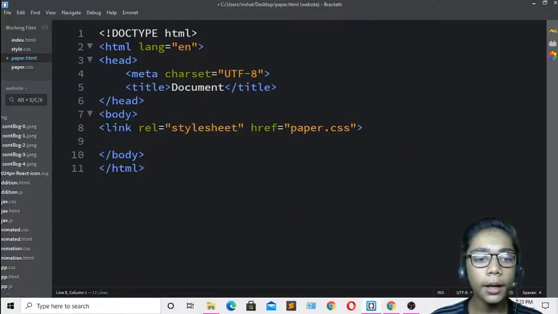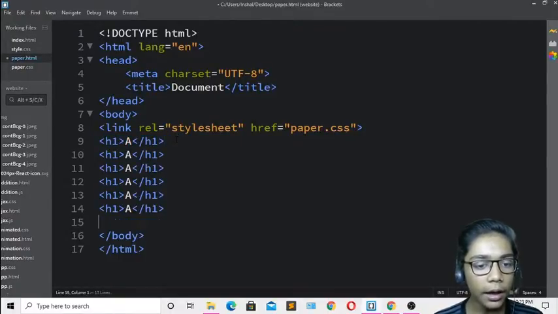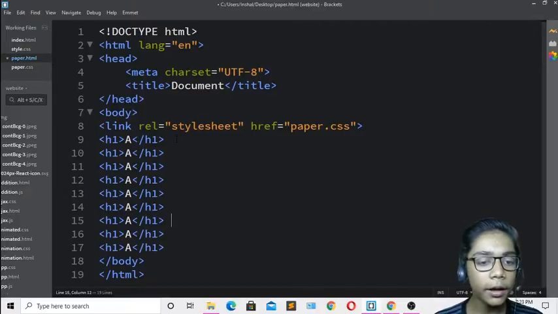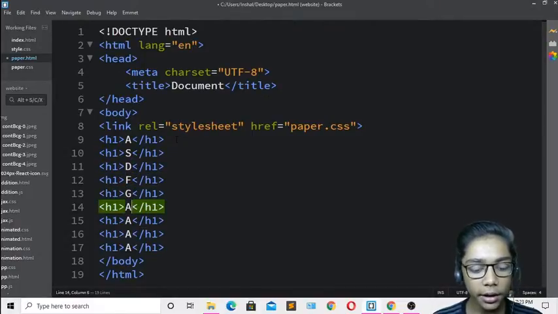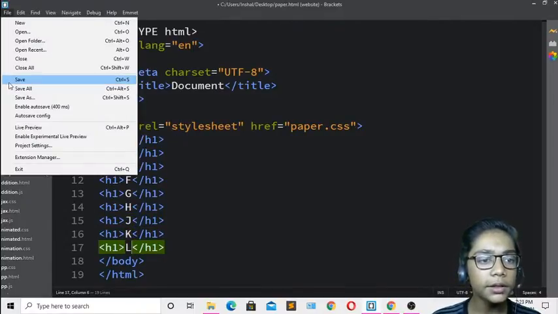Then here you have to write h1, then write a. When you've done that, copy it and paste it many times. So I will paste that. Now write s, and all these things should be in capitals. Then write D and F, I will erase that, then write G, and over here H and J, K and L. When you've done all these, come and hit save.